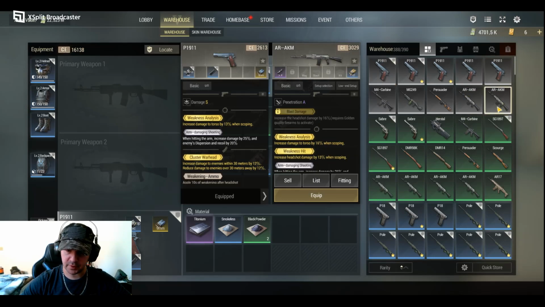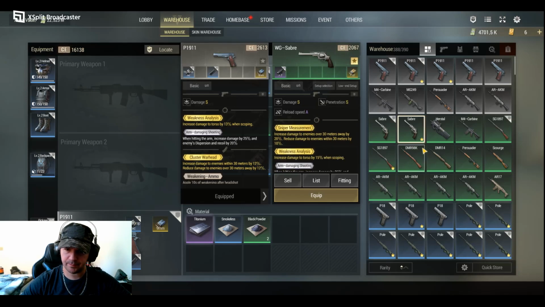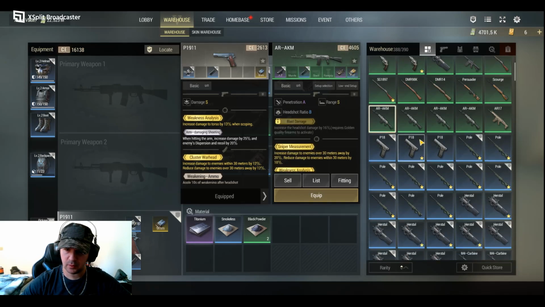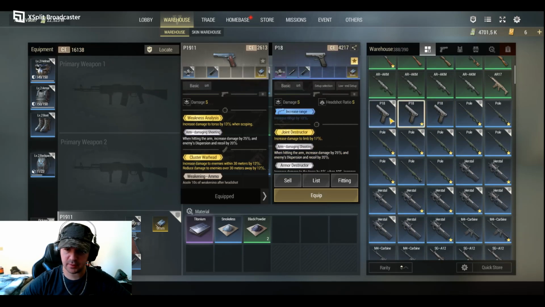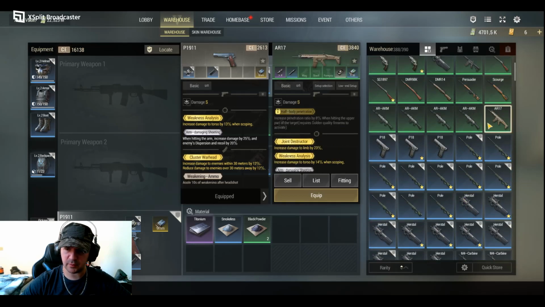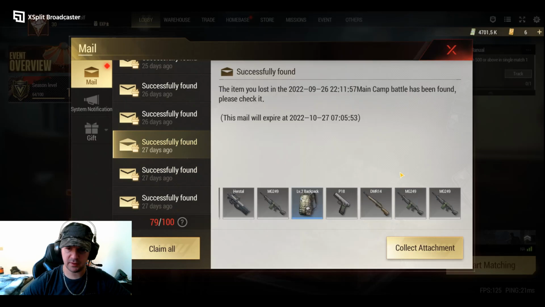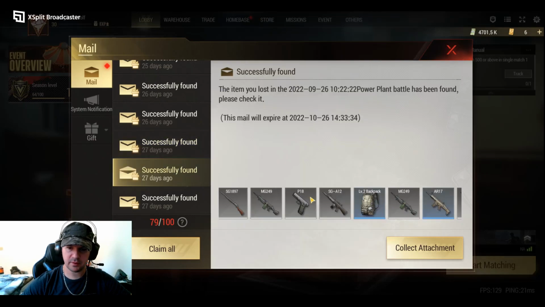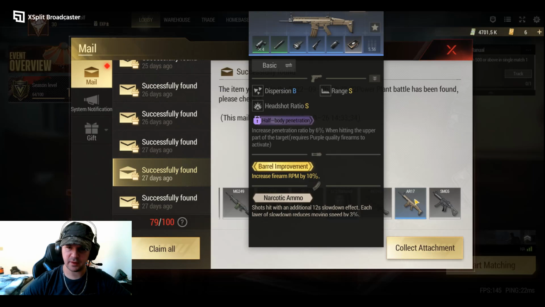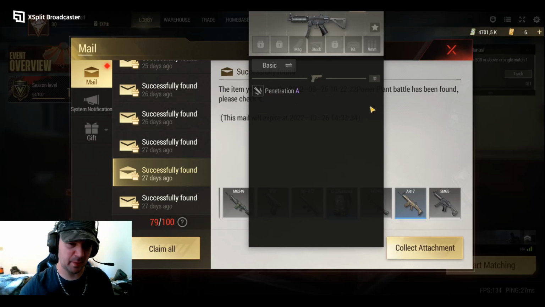Also, for general purposes, I have experimented, and let me see if I can find one. When you see the Pen A Damage A weapons, which I have somewhere, probably on one of these. No, I can't seem to find one at the moment. I have them, they might be in my mail. I know I have one, I was just looking at it. Alright, anyways. So if you have a Pen A and a Damage A, it's about the equivalent of an S